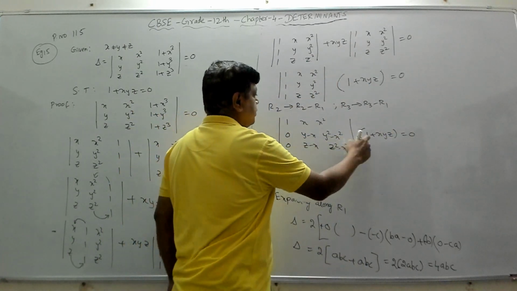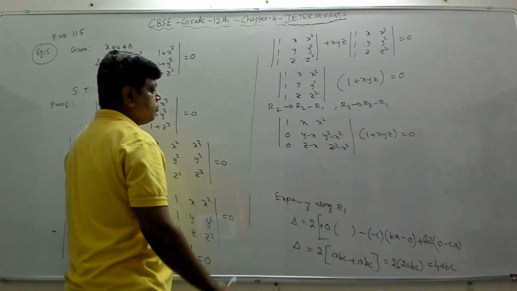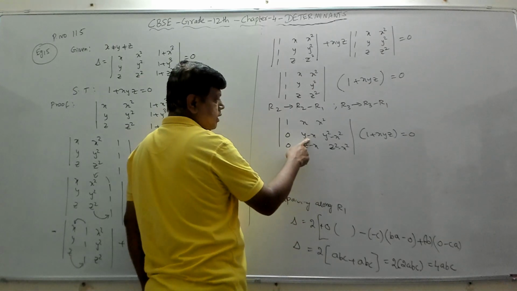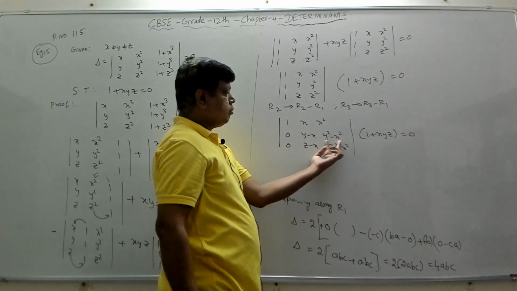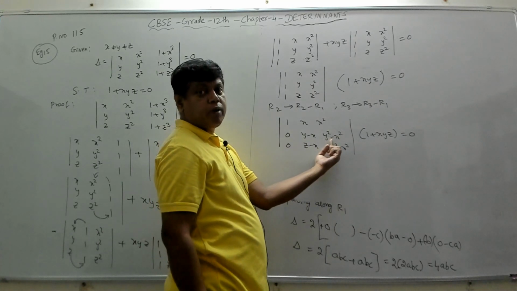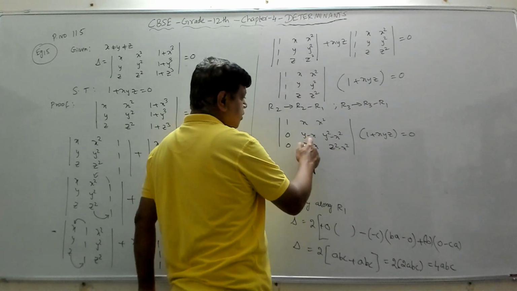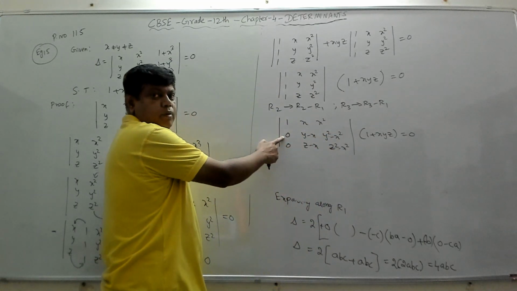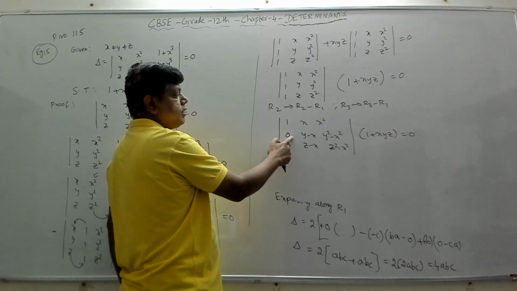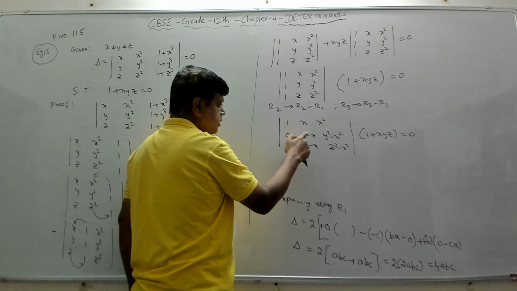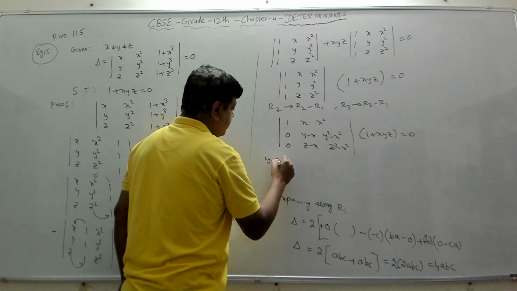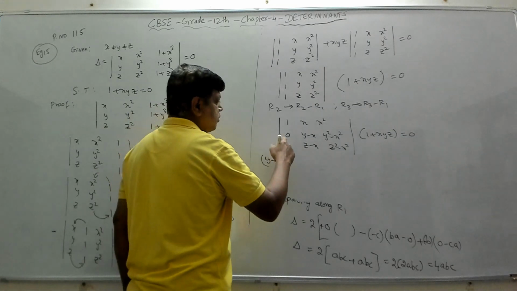It is multiplication between them. Now again, if you observe the second row, y minus x is here. Here also you have y minus x, because y square minus x square, a square minus b square form, can be written as y plus x into y minus x. So y minus x is here, and here also you will have y minus x, because whenever 0 is there, 0 can be written as 0 into y minus x. So y minus x is in every entry, so I can take that out. I am taking y minus x out from the second row.